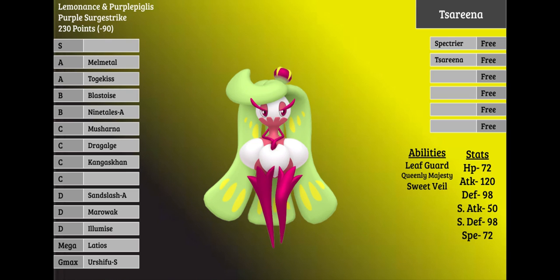I didn't bring this up, but Sweet Veil is actually going to be usable. It's usually going to be running Queenly Majesty for sure, but if our opponent has no special or no priority moves, we can just run Sweet Veil. Make sure that they can't go for any Hypnosis or Sleep Powders against ourself or our ally, and that could end up being pretty impactful, because in this format you do not have a limit on how many Pokemon you can put to sleep, but that can end up being